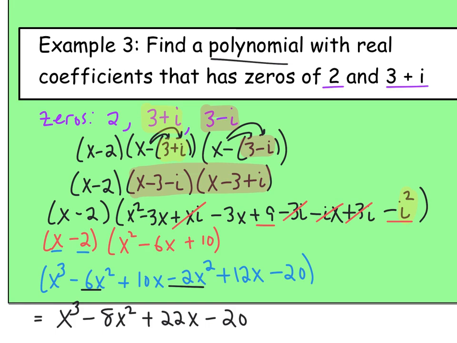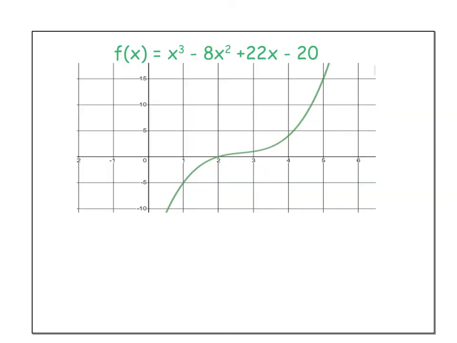It's not super easy to check these, but what you can do is graph it, okay? And you'll at least be able to verify that the one real zero given should show up. Now this other one is not going to show up on the graph. Be confident in the steps you did here. All right, so that is the fundamental theorem of algebra. Here's the graph of that function, and we can see that negative 2 does appear to be a zero, which is nice. It's just that the other one's being imaginary. You either have to solve this like we did in the first two examples, or just kind of